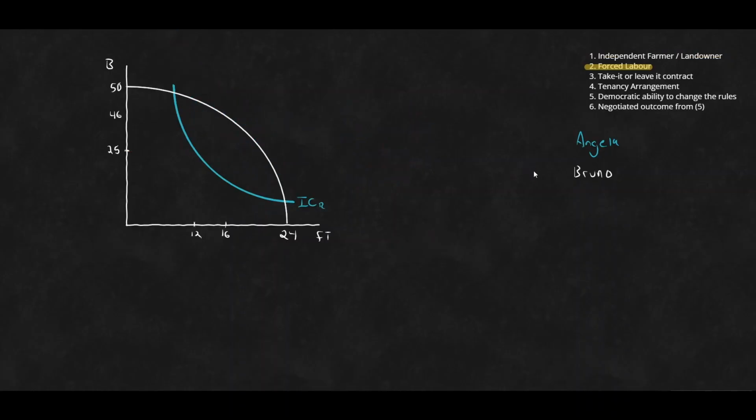Okay, so in this case, we have a scenario where Bruno is the landowner and Angela is essentially just subjected to forced labor. That is, Bruno can entirely decide how much free time Angela gets, and then based off the free time that Angela gets, the amount of bushels of wheat that are grown from her labor. Now, it may seem like Bruno can just pick anywhere in here, but that's not quite the case. Even in these scenarios of forced labor, Angela has her reservation indifference curve. That is the lowest level of utility in which she will put up with the forced labor.